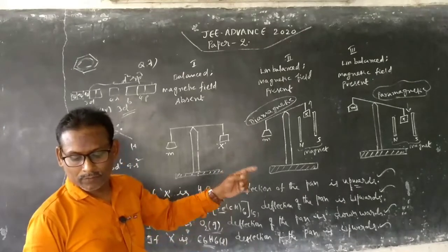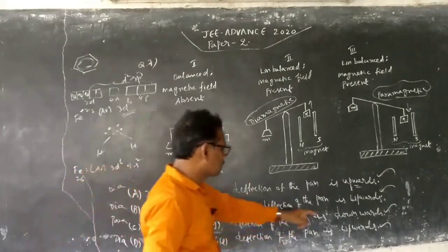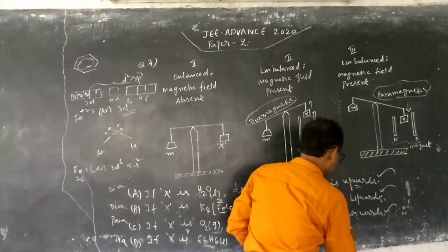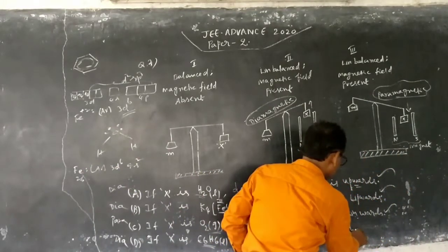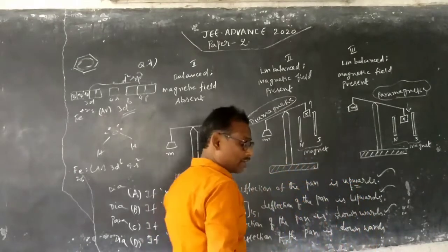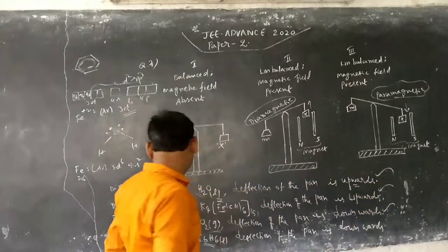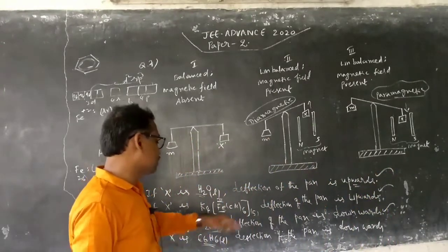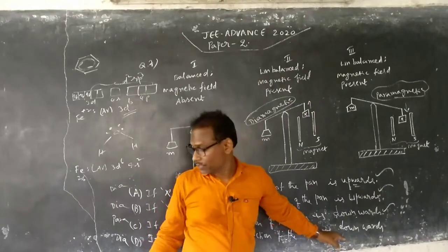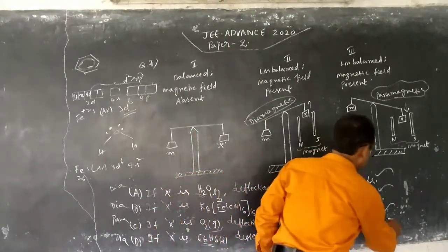Yes, upwards, downwards. Sorry, the given question says downwards. In the question it is given as downwards. This is actually this. Okay, now you tell me. If the last option says the benzene liquid is deflected downwards, is it correct? No, because its nature is diamagnetic. That's why this statement is wrong.